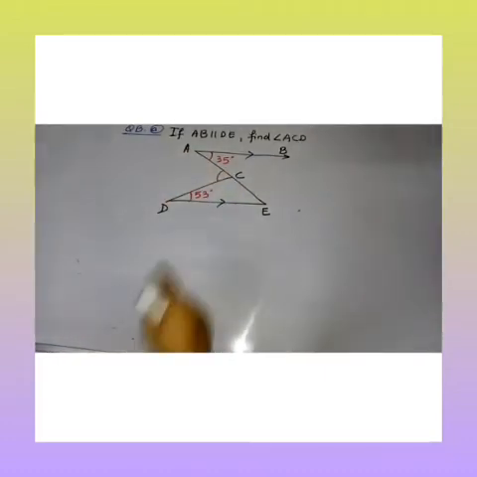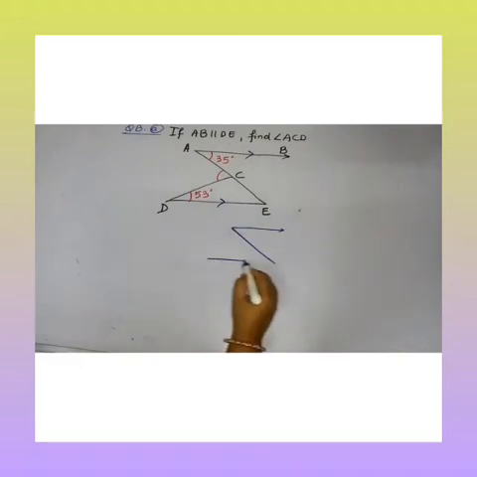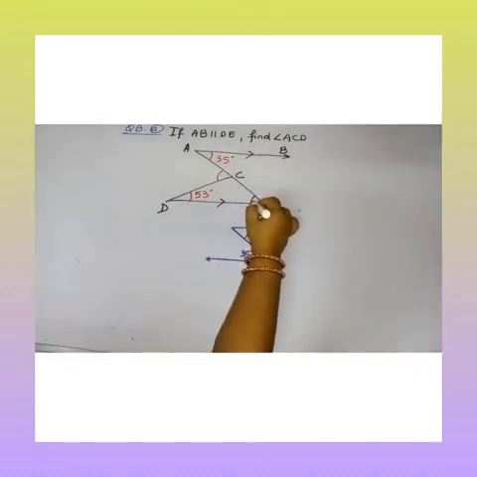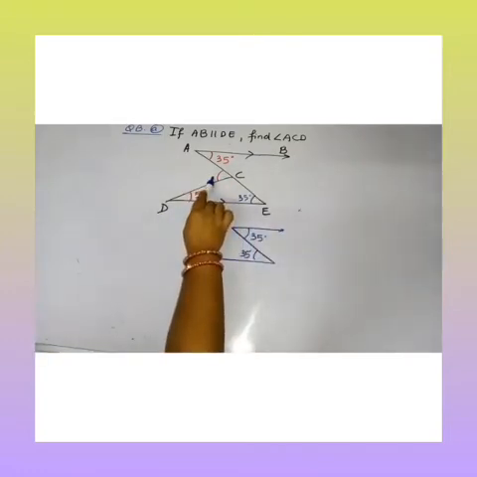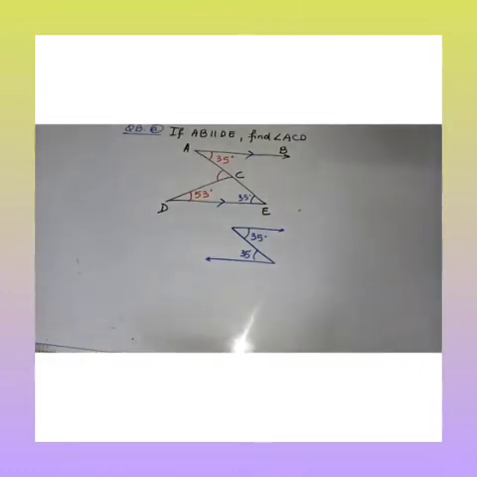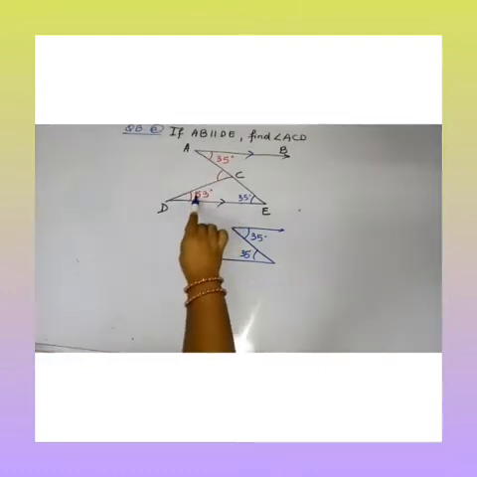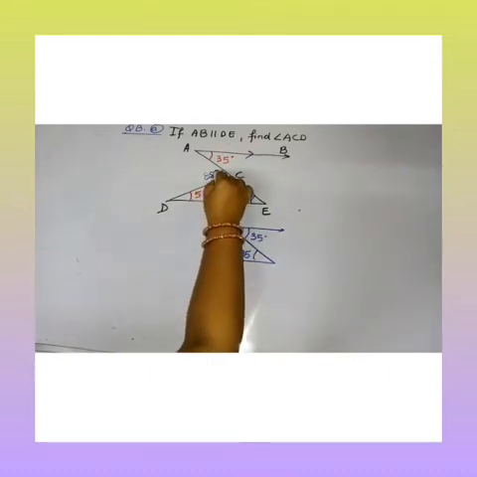Now let's see what we can do here. We have a Z here. So if this is 35 degree, that means this must be a 35 degree. These two are alternate angles. That means we will get here 35 degree. Now this angle is external angle of the triangle CDE. So we can use the property of exterior angle is sum of interior opposite angles. So we will add these two and we will get here 88 degree.